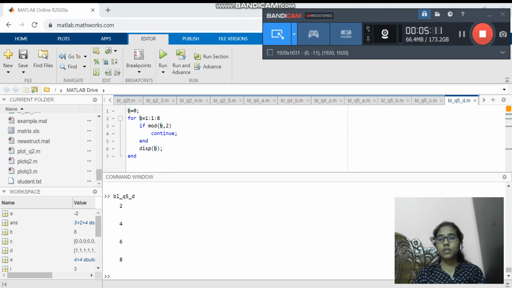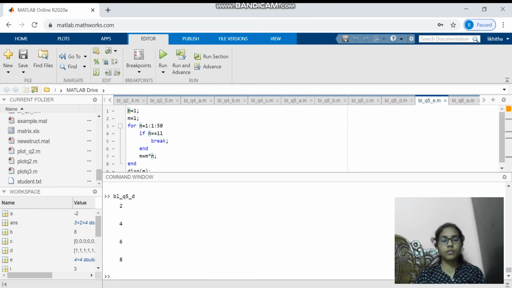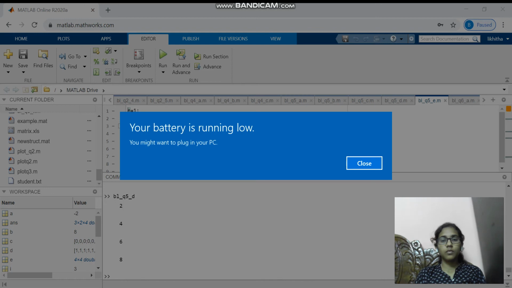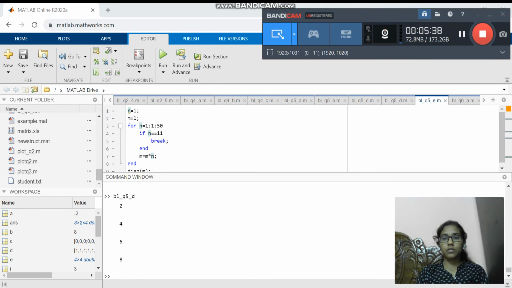Next, here for and if loop, it will break at 11. After 11 it will not work.